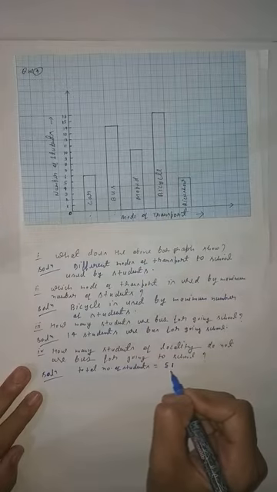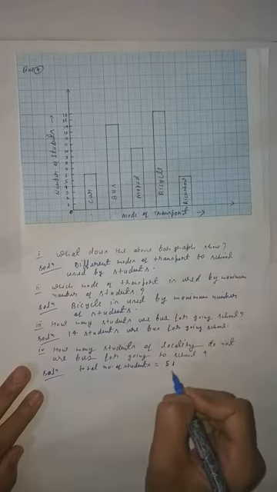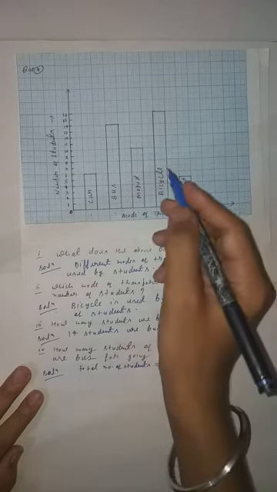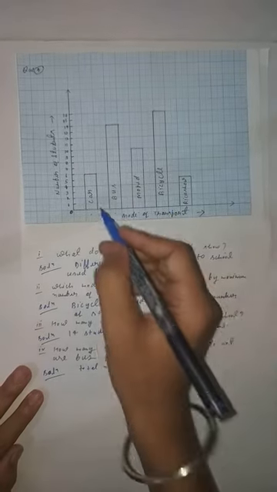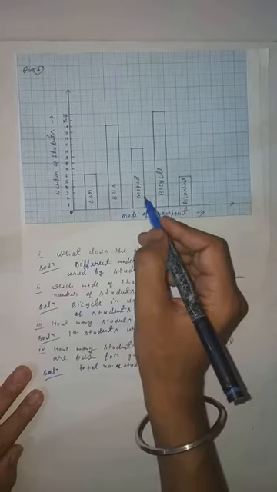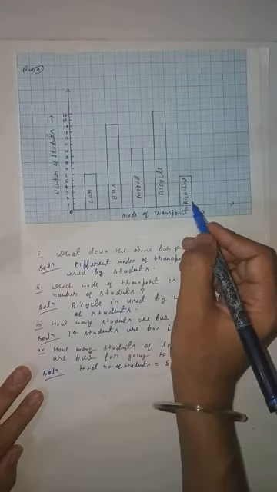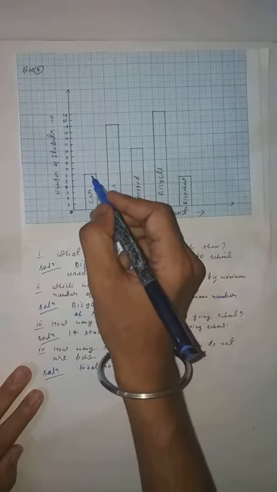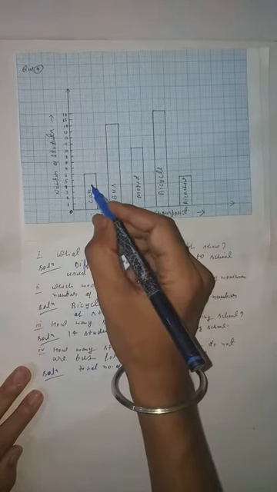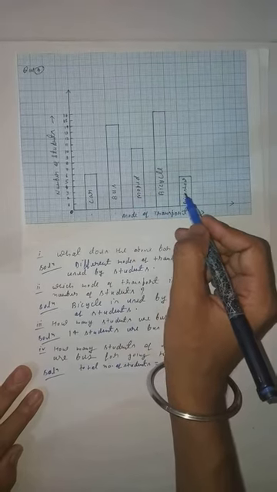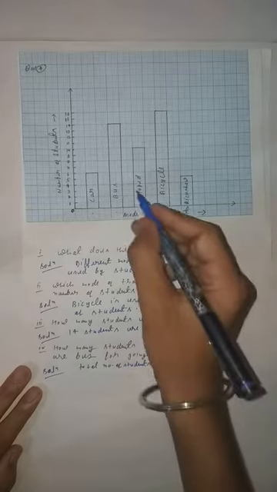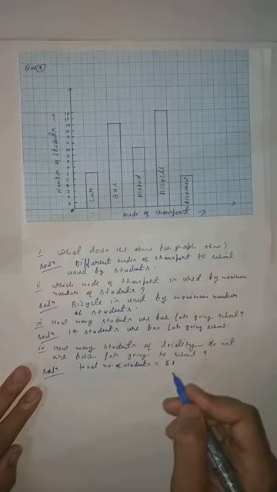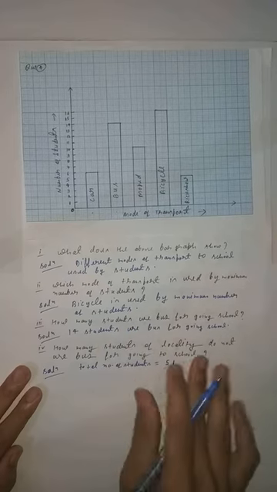So the total number of students in the school is 51. Now the students going with car, moped, bicycle and rickshaw are also given. So you will subtract the number of students going with car, moped, bicycle and rickshaw. Sorry, you can also find the answer by adding the number of students going with car, moped, rickshaw and bicycle. And one very easy thing: subtract the number of students going with bus, then you will find the number of students who are not going with bus. So this is the easy method.